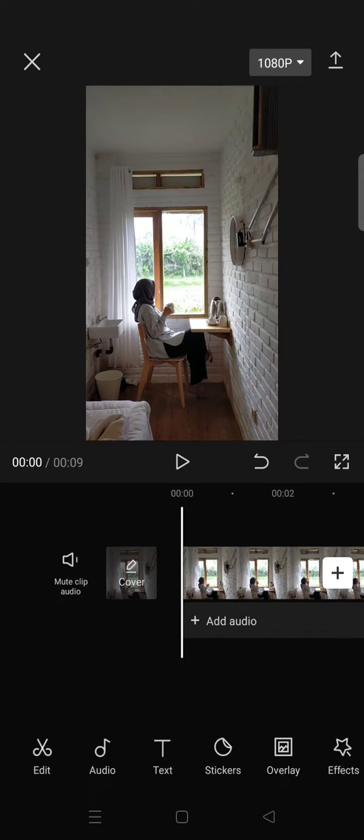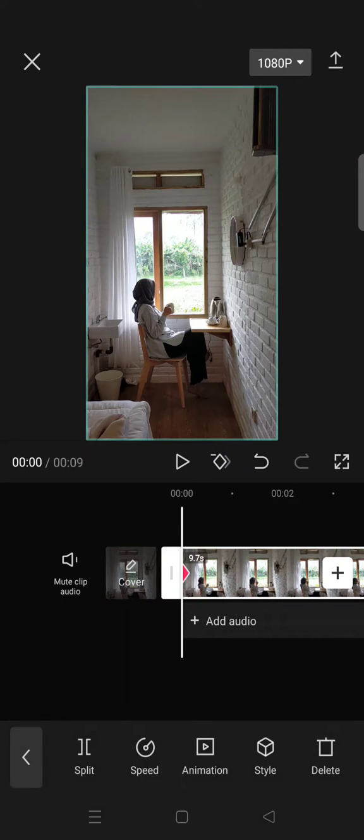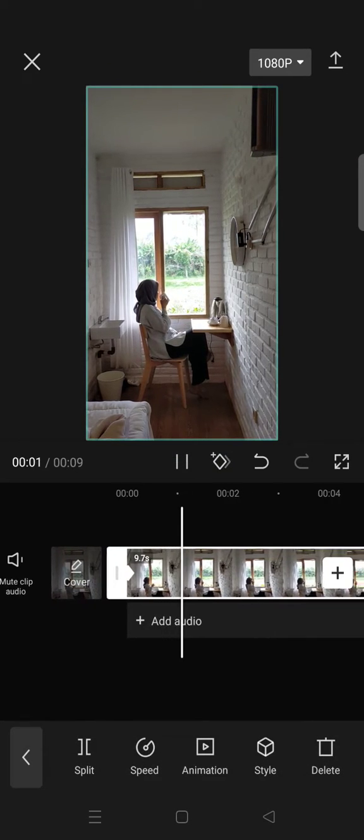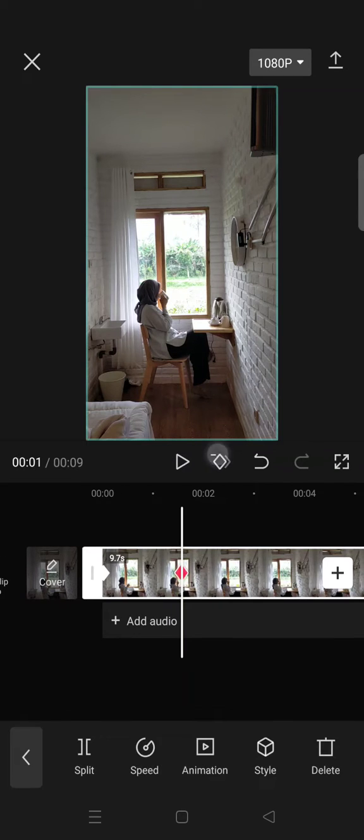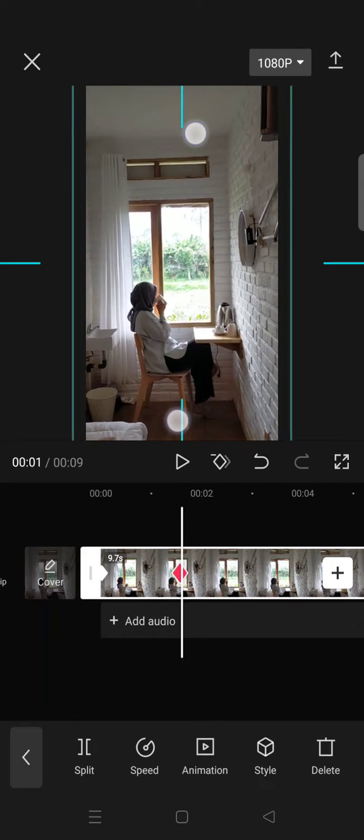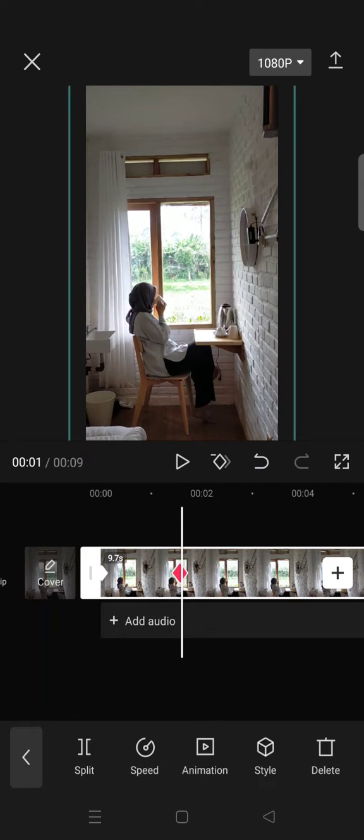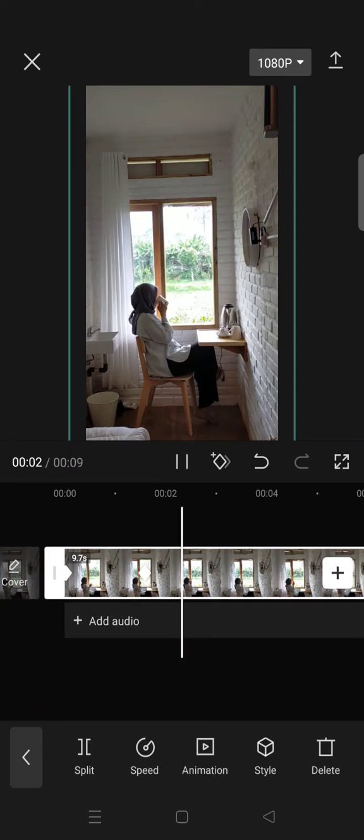So what you're gonna do is add a keyframe at the beginning of the video like this, and then move forward a bit, and then add another keyframe and zoom in a little bit like this, and then you can just play it again,